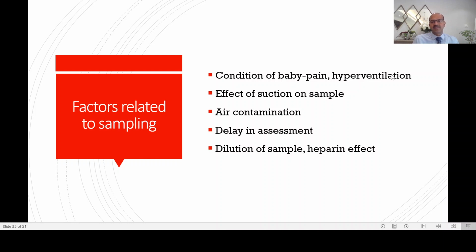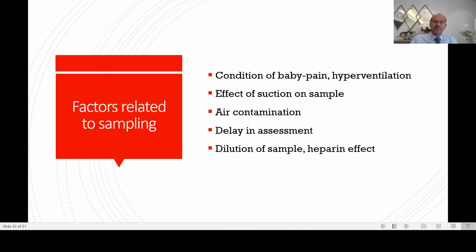The suction has an effect on sampling, but it is overrated. However, if you're planning a timed sample in your unit for a ventilated baby, always do the suction before you sample if there is a suction planned. Suction is a separate topic on ventilation, which I will cover later, but we don't recommend routine suctioning or timed suctioning in most situations. But if it is a small tube, you do need at least one suction per shift or two suctions per shift. The smaller the tube, the more you need it, because you don't want tube blockage as well. And once the tube starts crusting, it's really difficult to remove those secretions. So 1 or 2 suctions per shift is reasonable, and you don't do suction with every care.